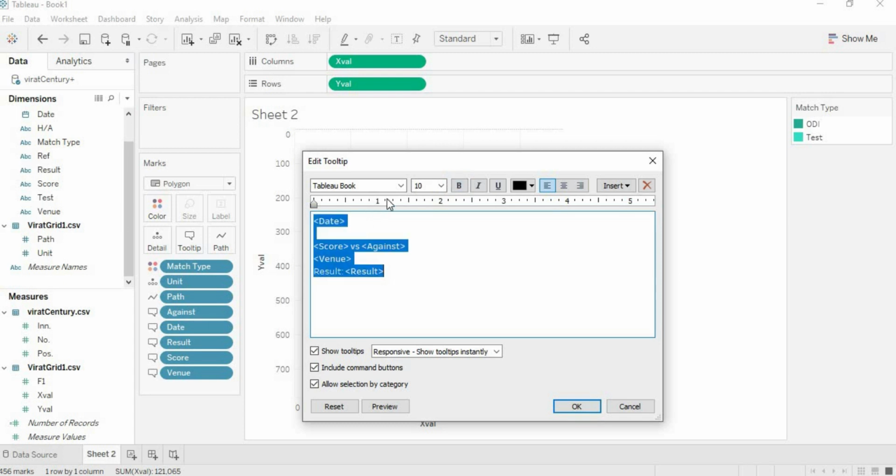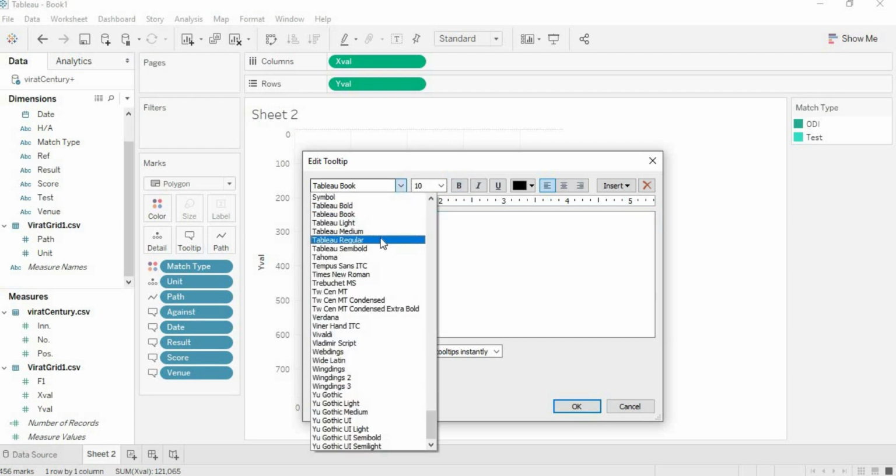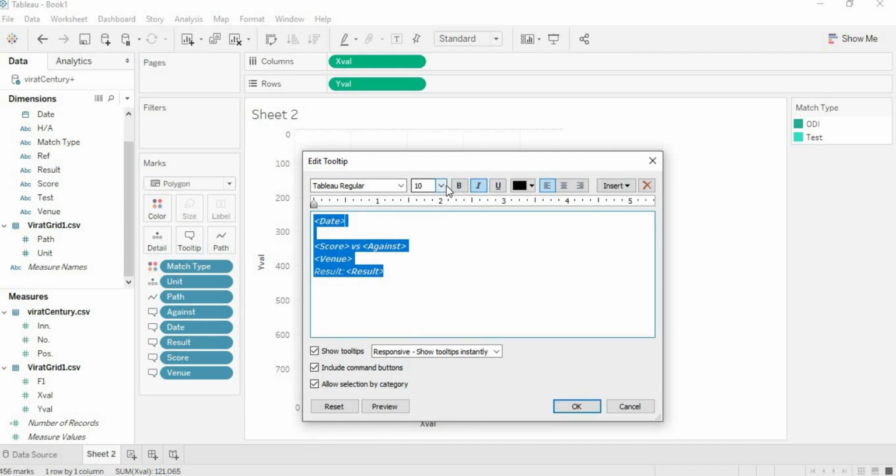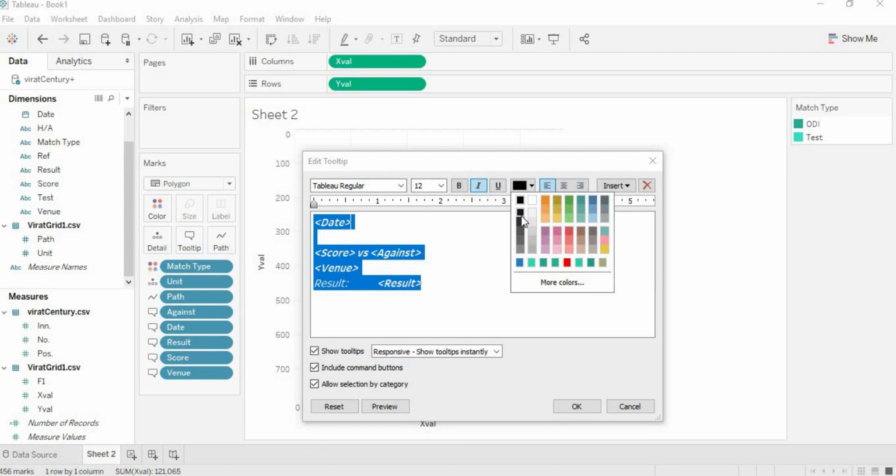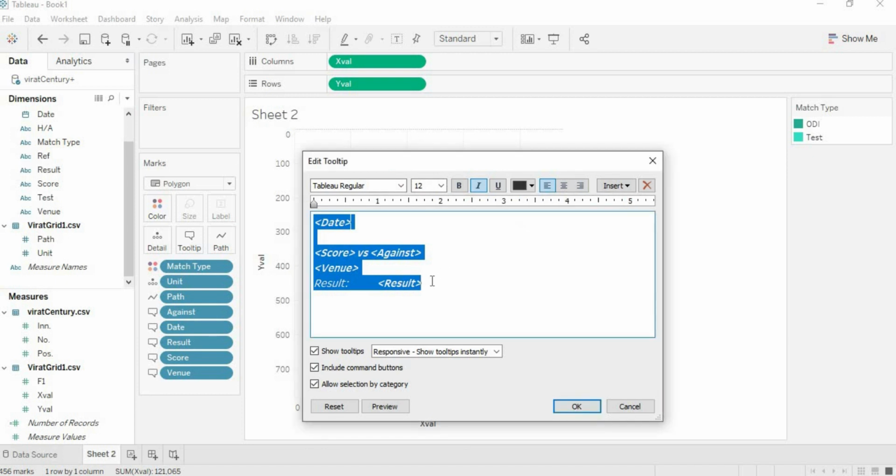Now make the font Tableau regular, italic, and increase its size to 12. And a darker shade, and for all of this I will be giving a lighter shade. So here it is. I need to highlight the score.